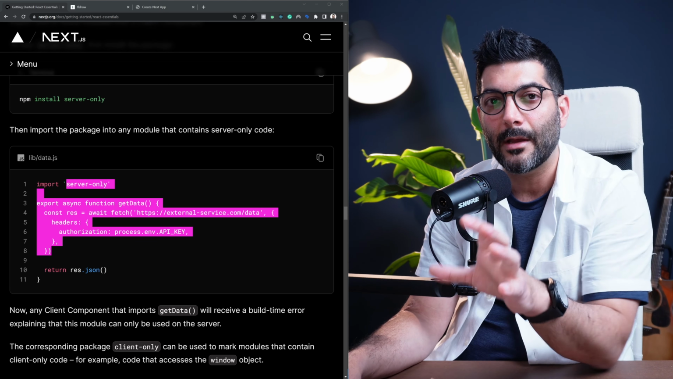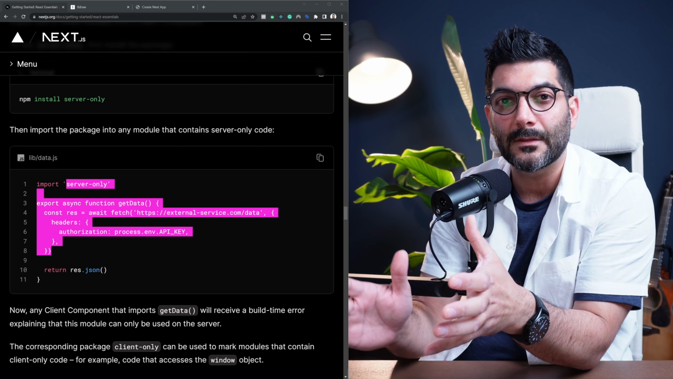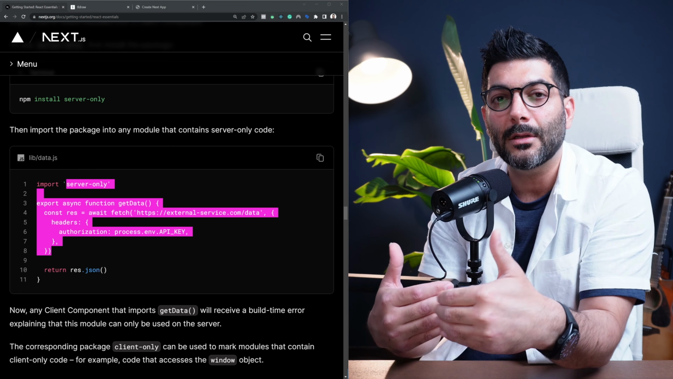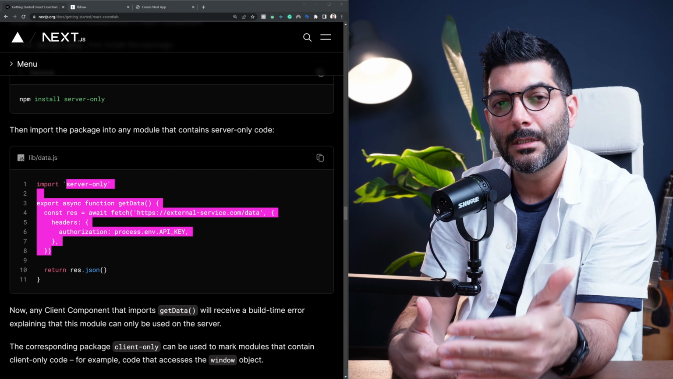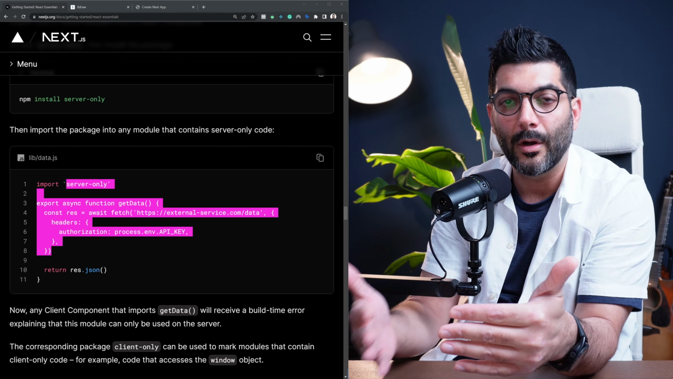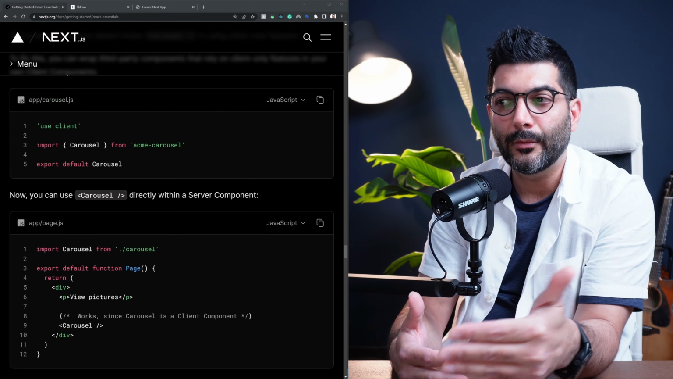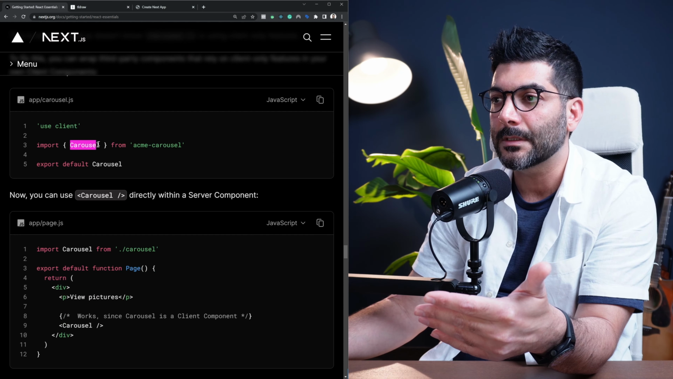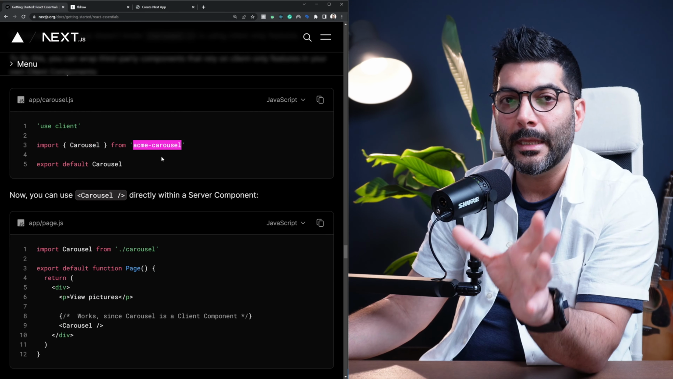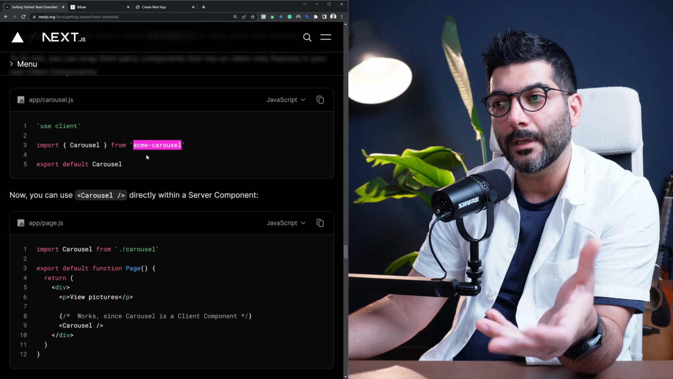So the workaround is to wrap those specific packages, components coming from these libraries, inside of your own client component. So therefore they can have access to React hooks, context, and states and whatnot to work. For example, if you're importing a carousel, an image gallery or an image carousel from a third-party UI library that